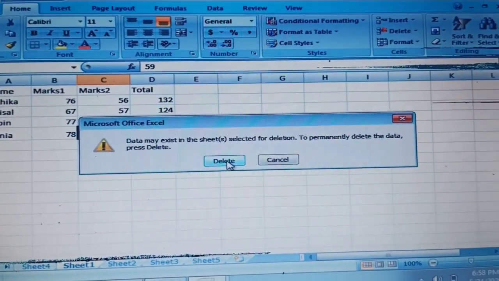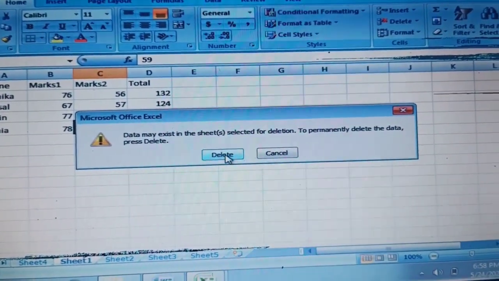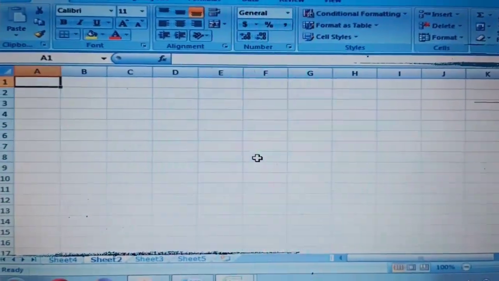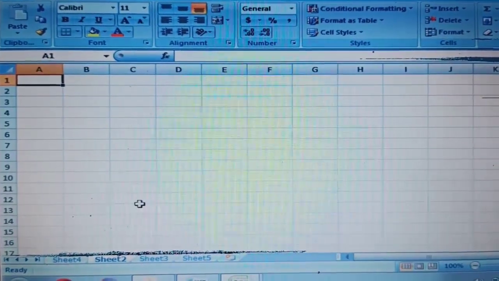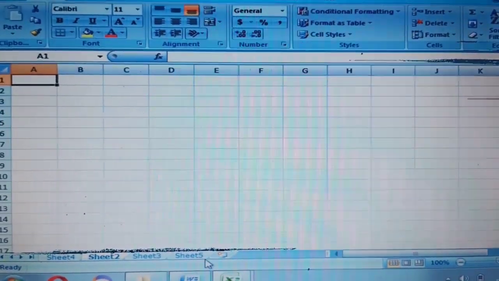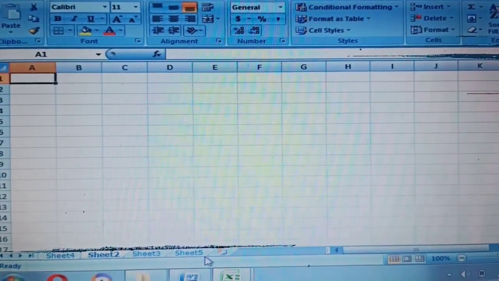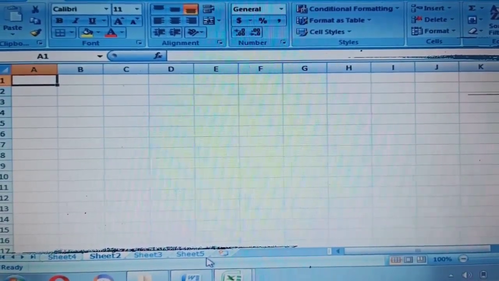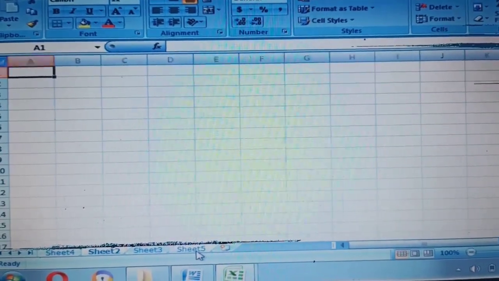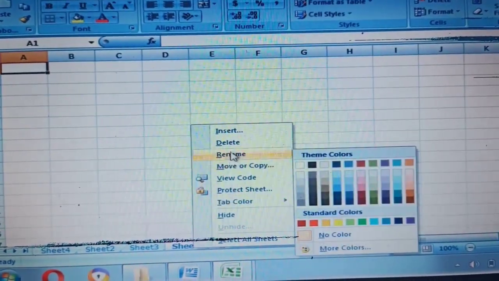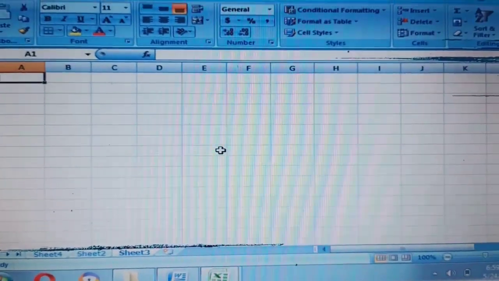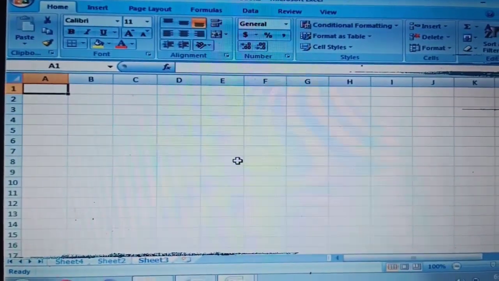Or right-click on the respective sheet tab, click the Delete option from the shortcut menu. Now you can see Sheet 5 has been deleted.